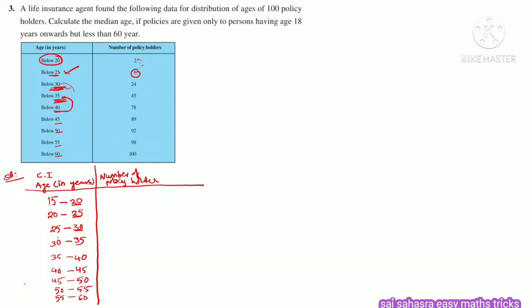So we need a particular limitation. If you want, we just have to subtract the previous one. If you observe, the total members are 100 and the ending value is 100, means these are not frequencies, these are given as cumulative frequencies. The last value is matching the total number of policy holders. That means these are cumulative frequencies.